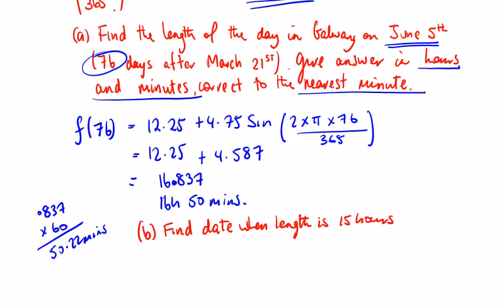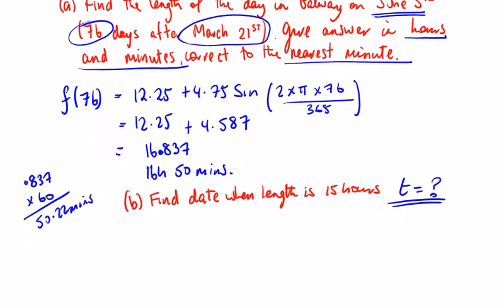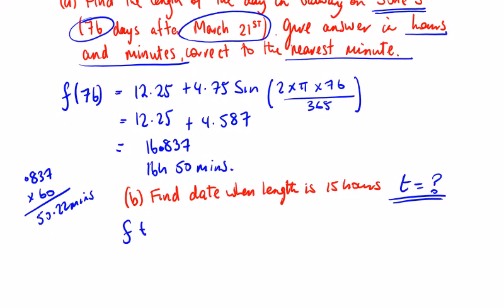Part B, find the date when the length is 15 hours. So we need t, the amount of days, and then we need to add it to March the 21st. So we need to know how many days are in March. So the whole function is equal to 15. So f(t) is equal to 15. We're looking for t. So 12.25 + 4.75 by the sine of 2πt over 365